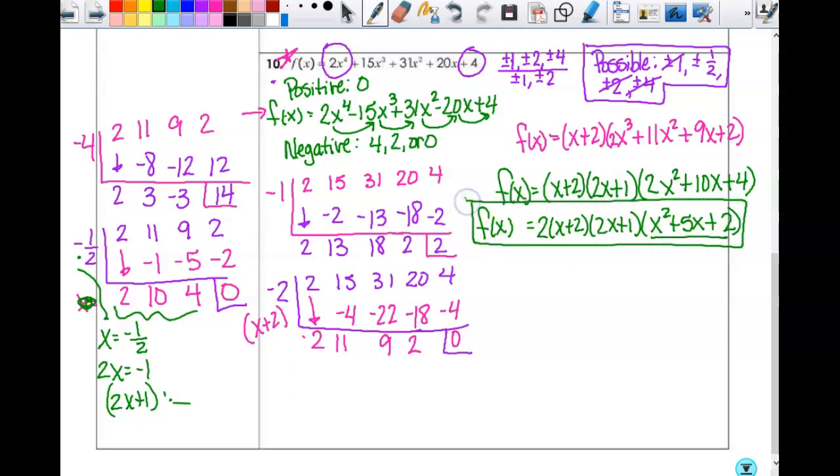Then I get my zeros from here. Okay, so I'm going to split these up. Since this 2 does not have a variable on it, it doesn't do anything for me. It's just hanging out there. This tells me x equals -2. This tells me x equals -1/2. I already knew that, right? And then when I substitute this, or I do my,